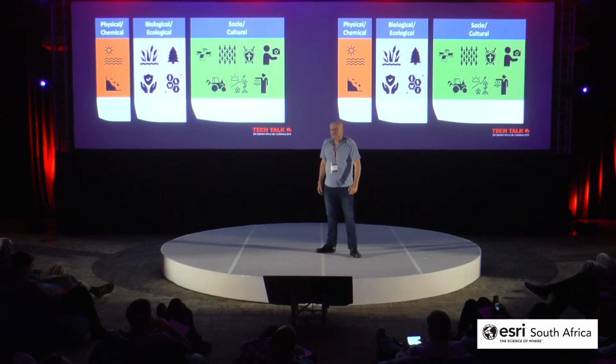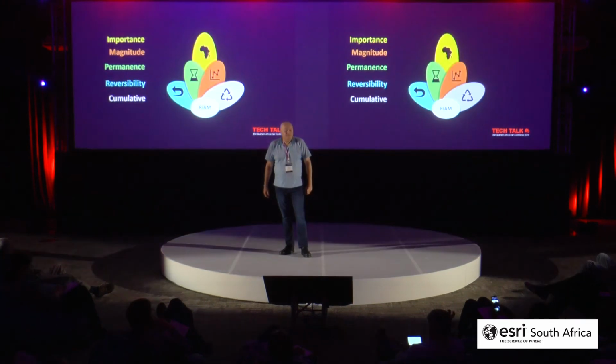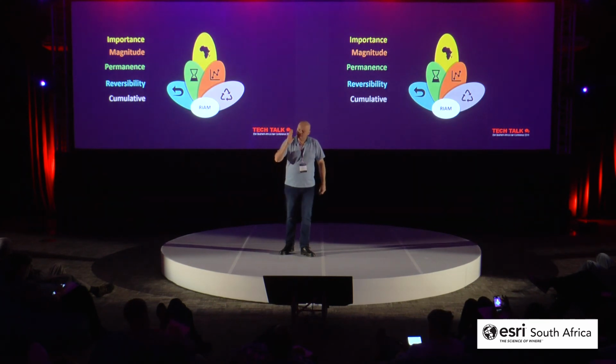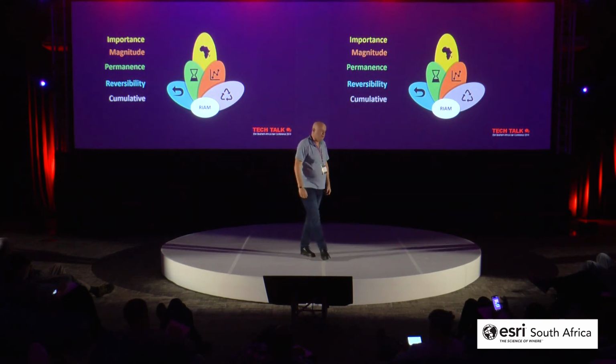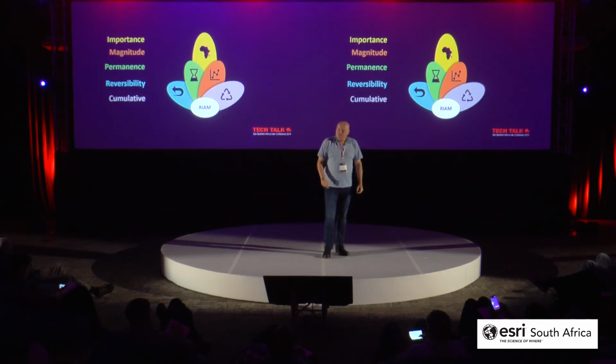So how do we take all these factors and start bringing them into effect? And here we use another tool. So we start understanding what's the impact. Is the impact important? Maybe it is, maybe it isn't. If you speak to Craig Beach and say, we have to put a power line across the Kruger Park, he will say no. But if you were the person who didn't have power in that area and you were waiting for a power line, maybe it would be important to you. And we have to trade off on all of these different factors.